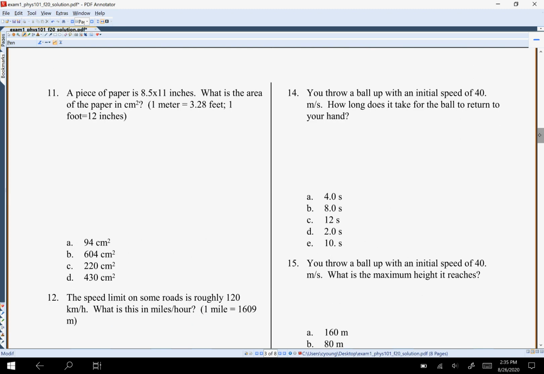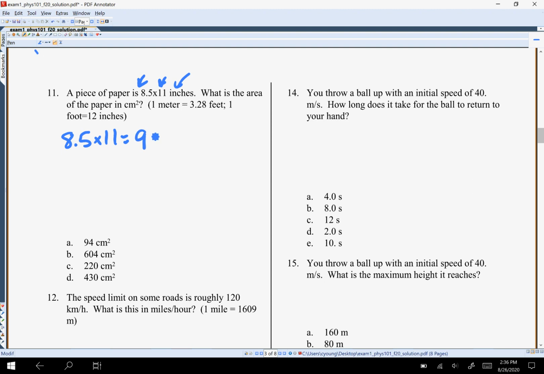A piece of paper is 8.5 by 11 inches. What is the area of the paper in square centimeters? So 2 approaches you could do here. You could go ahead and convert these 2 numbers to centimeters and then just calculate it in centimeters squared. I'm going to do it differently though. I'm going to say 8.5 times 11. And that gives me